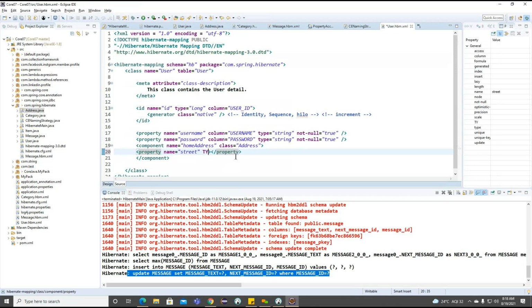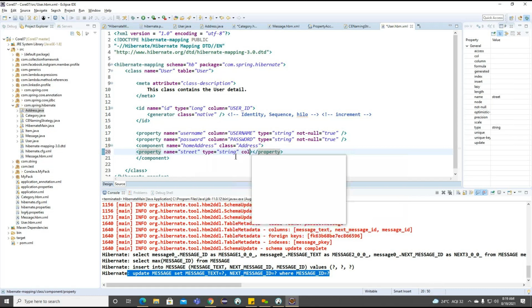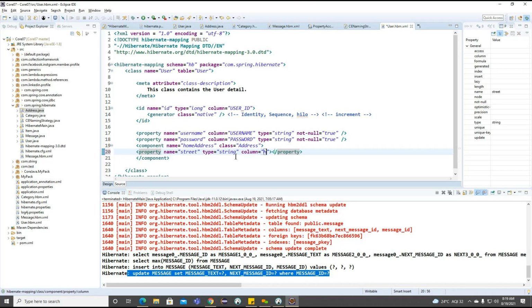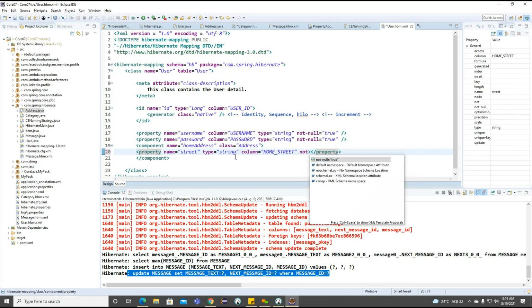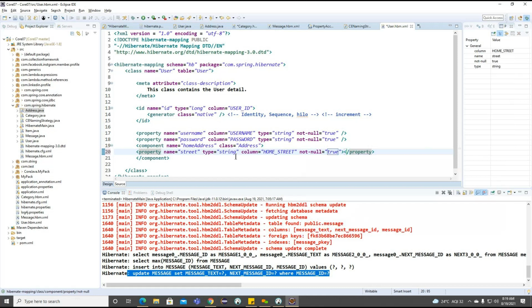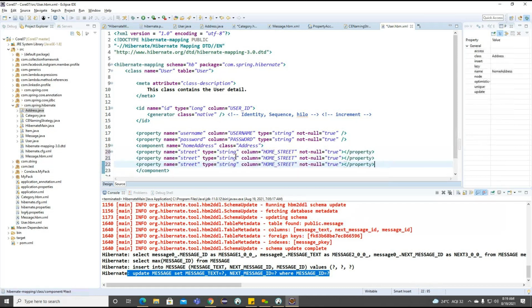And this particular street having type string, and we need to provide the column here. The column I want to provide as home_street, and we can make not null constraints also if we want.